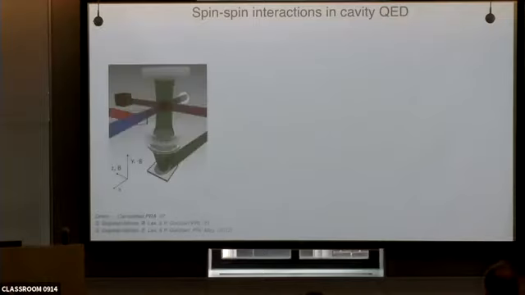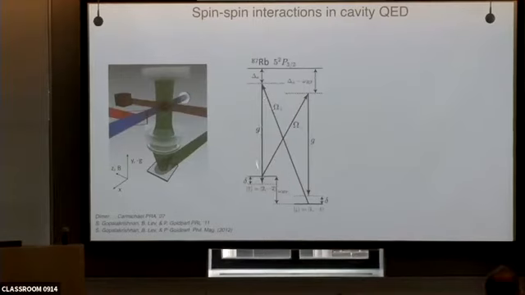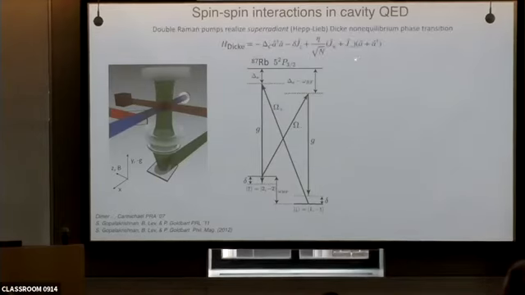What happens there? The way to couple to that would be, instead of pumping with one frequency, to pump with two colors of light that are tuned such that you realize this double lambda transition, a double Raman transition, where the cavity photons form one leg of each Raman transition, and the pump fields form the other legs between these hyperfine ground states of rubidium. This is known to realize the Dicke model, which you are familiar with and which has been mentioned many times during this conference, so I won't go into details.